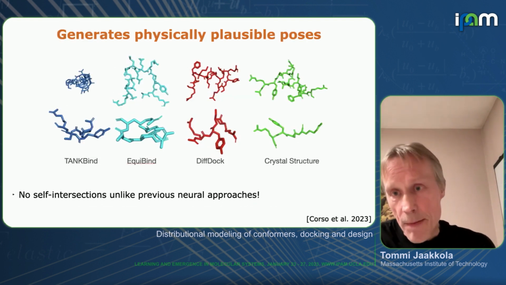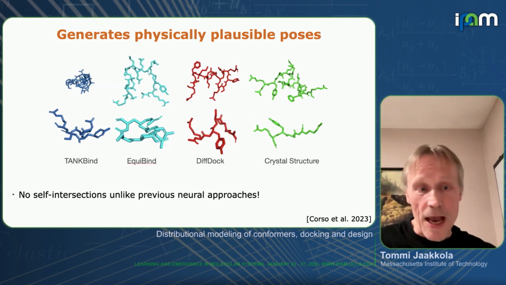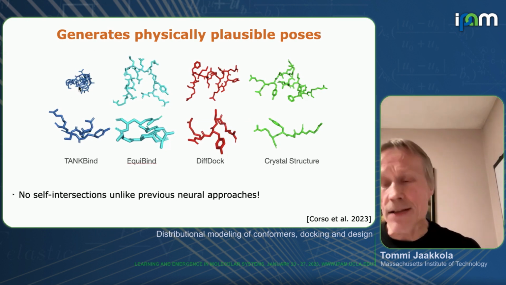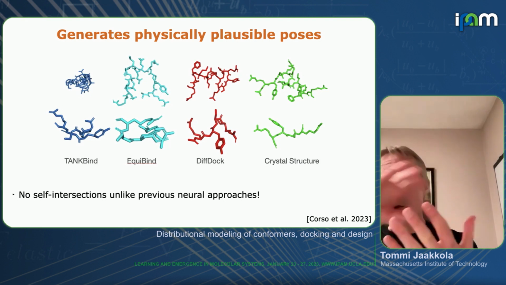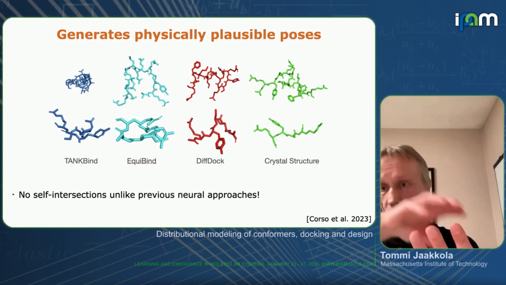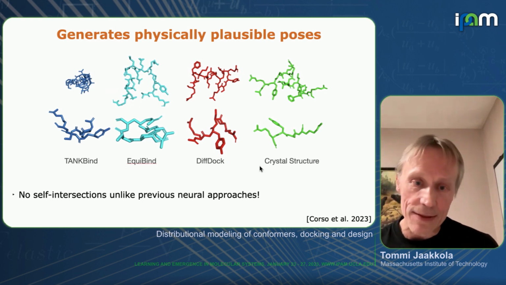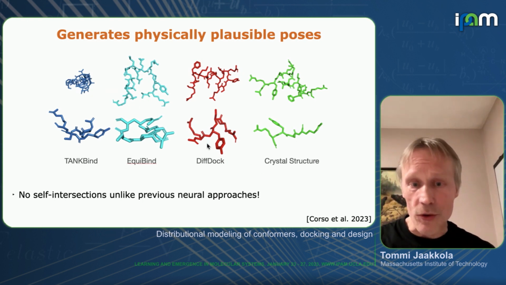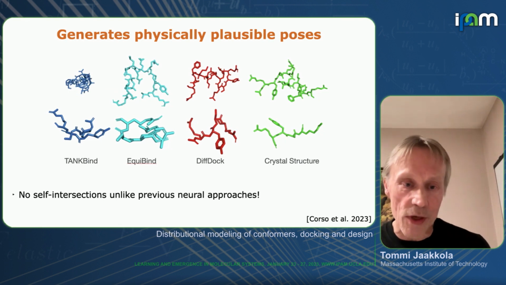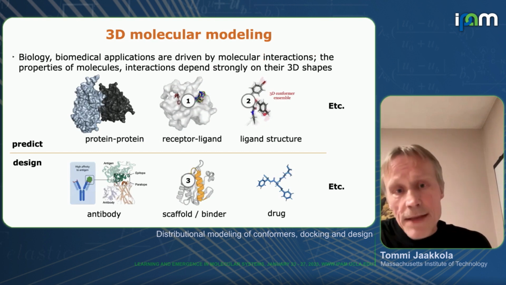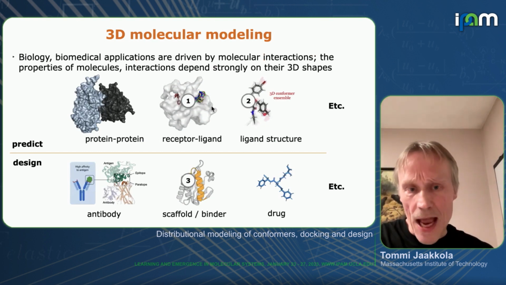Another advantage that I mentioned earlier is that it doesn't generate samples that have self-intersections because you're actually modeling distributionally the binding poses. You're learning to generate real binding poses. So you tend not to generate invalid 3D configurations. All right, so that's the second problem,